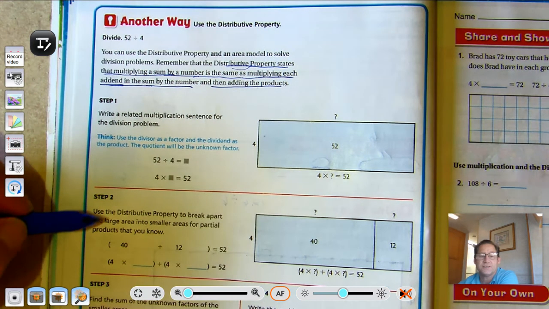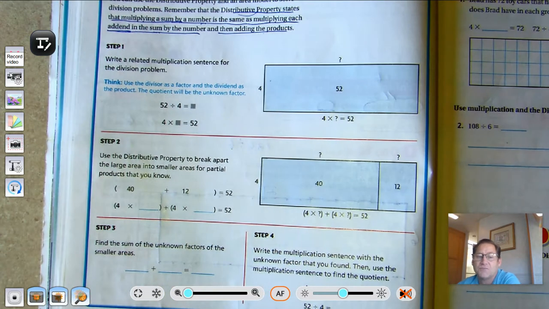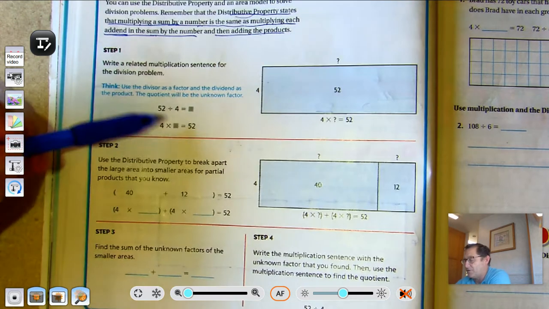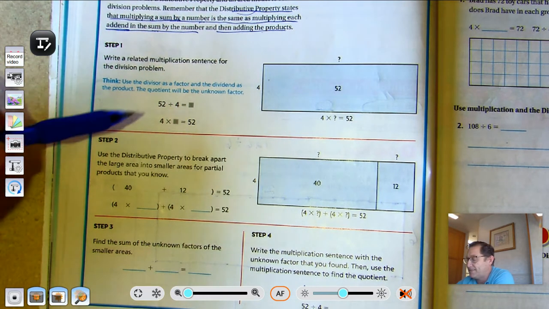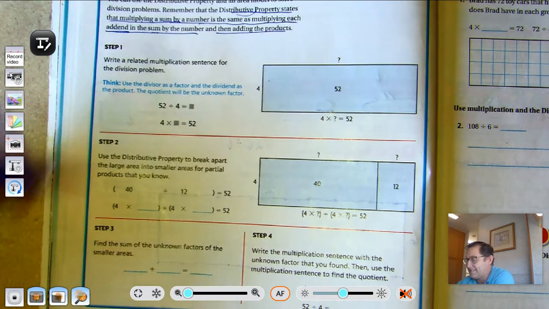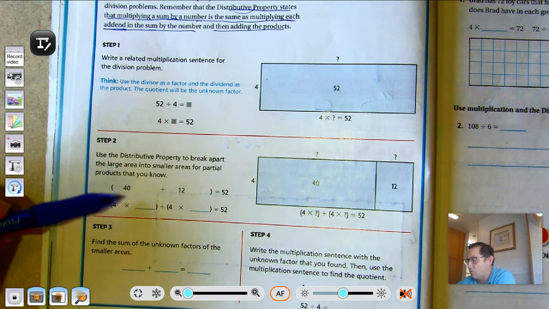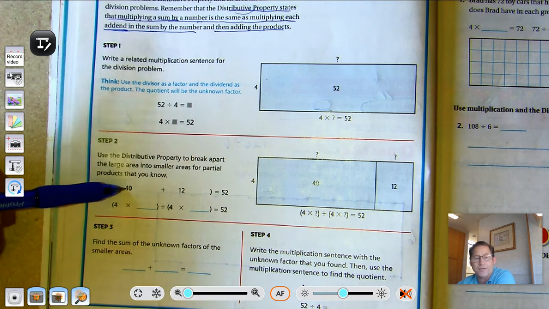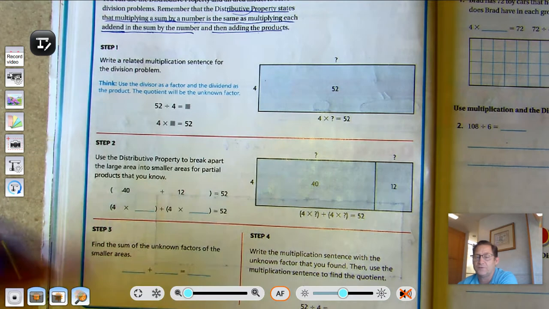So step 2, use the distributive property to break apart the large area into smaller areas for partial products that you know. In other words, what are multiples of 4 that would make dividing 52 easier? Well, one of the easiest ones is 4 times 10. So we can take 52 and make it 40 plus 12. Those are much simpler